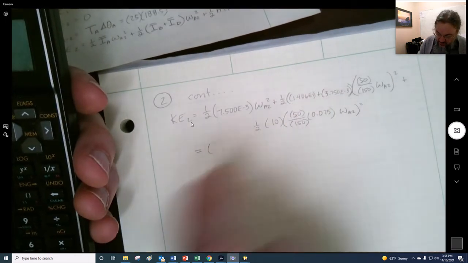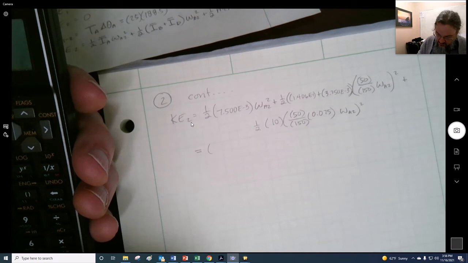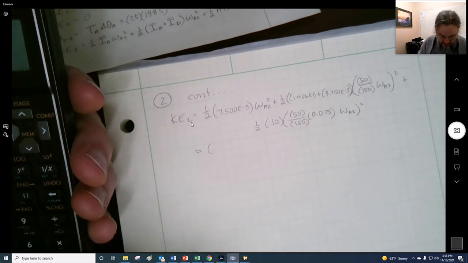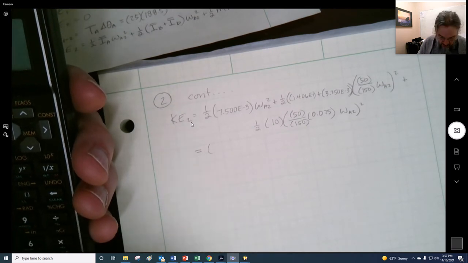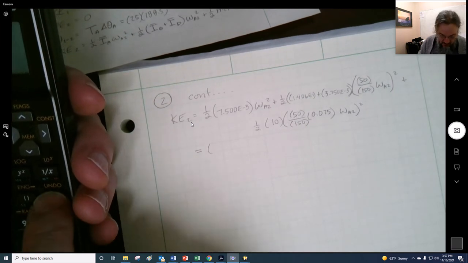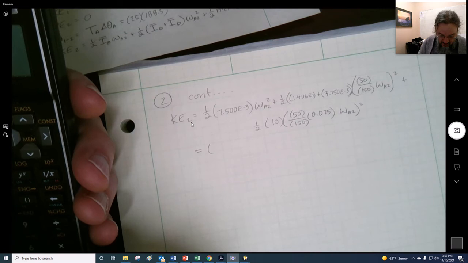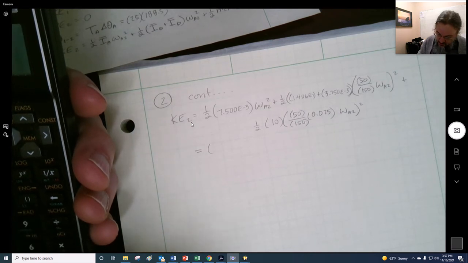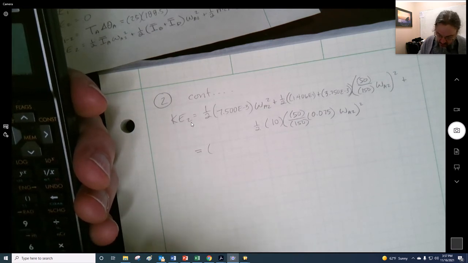And then those two, I could just plug that in as 1406, and then 3.75 E to the 3 minus atom, whoops,